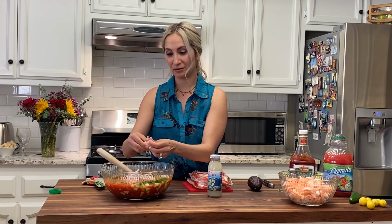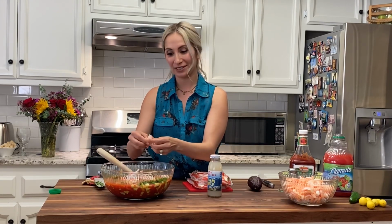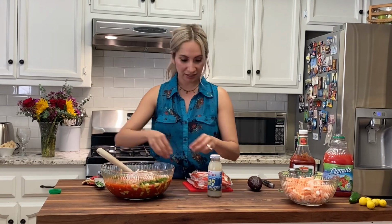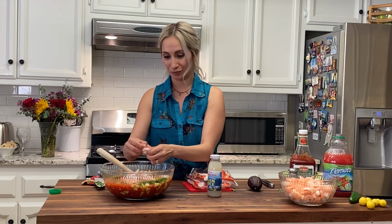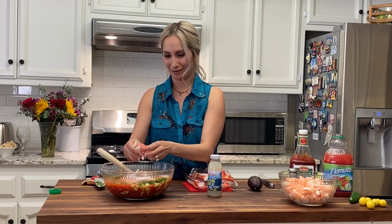There's no way that you can mess up this recipe, but my mom gave me some advice, and she said that the only thing she recommends is for me to tell you guys to always add the avocado last, because since we're gonna be mixing this in, you don't wanna make the avocado too mushy, almost like a guacamole, right? So you wanna keep it whole, and that's why she told me, Ali, remember to tell all your viewers to add the avocado last. So there you go. Words of advice from